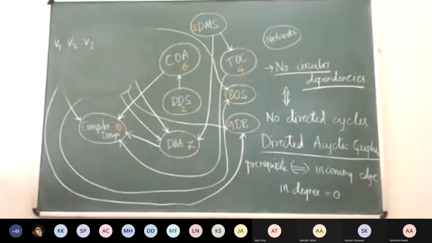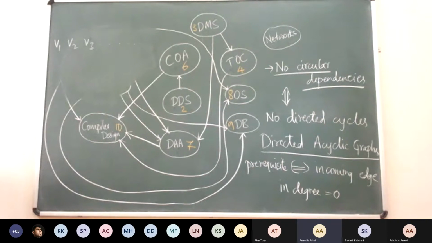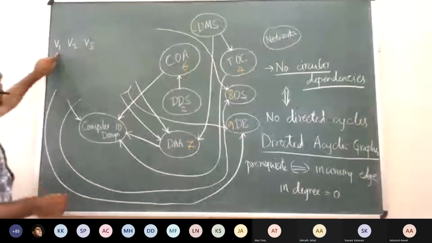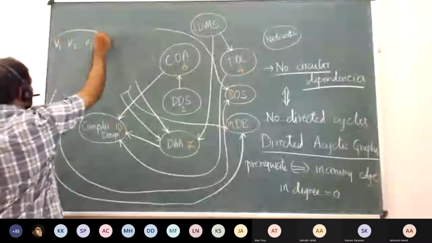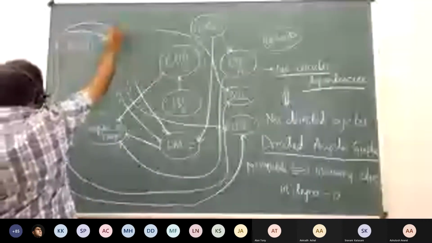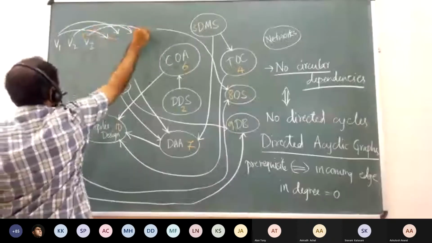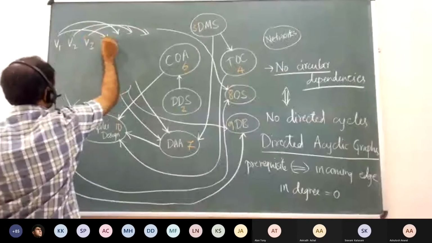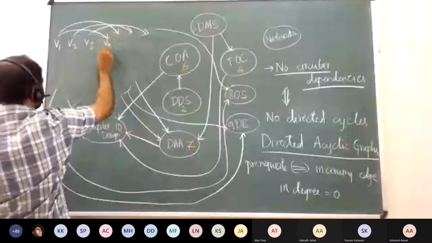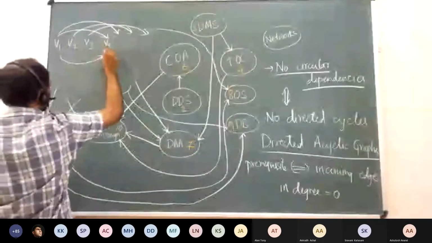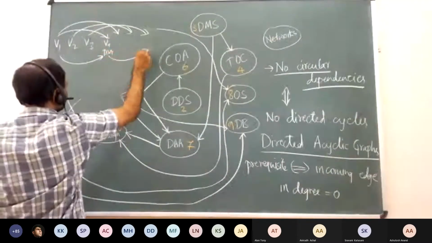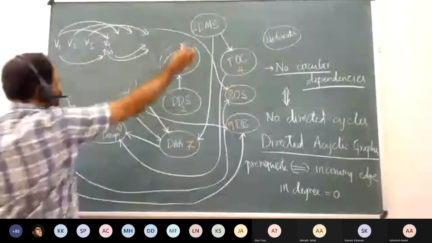So these are directed edges, right? Yes, sir. They're all from left to right. Notice that these had in-degree 0, but the out-degree can be anything, right? So the edges from these vertices are all going from left to right. Here some other vertex V4 comes, say DSA. It has an in-degree here like this, but whatever is going out from it will always go to the right side of it.